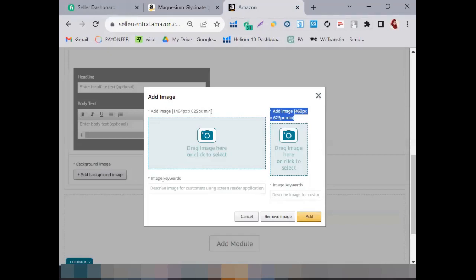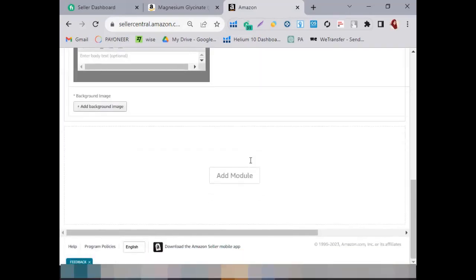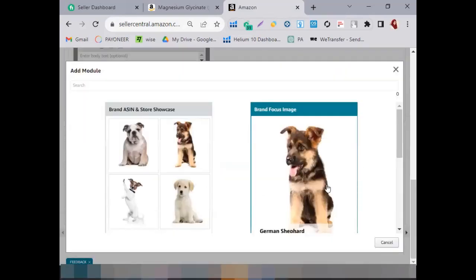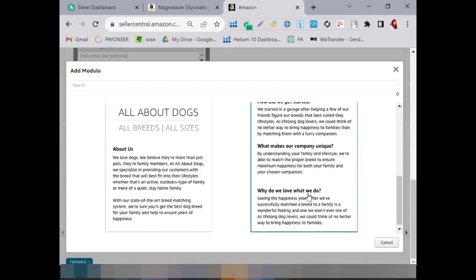After uploading these images, you can add high search volume keywords here and here. You can copy these keywords and paste them here, or you can add more keywords here. You can add 100 characters here. After adding this, you can click on add module, and here you can select any of the modules